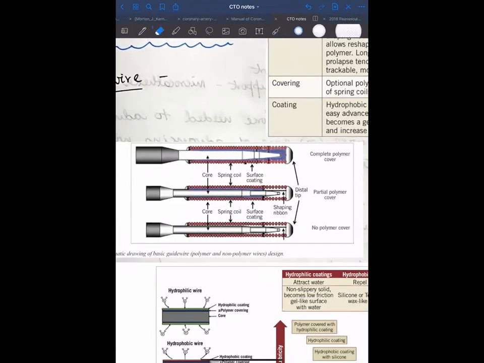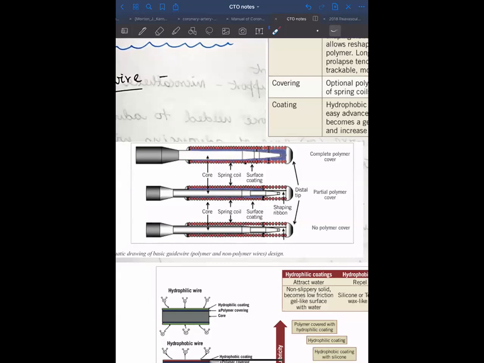So this is the core of a guide wire. The core of the guide wire is usually made up of stainless steel or a metal substance, which is usually stiff and it tapers at the end. Depending on how rapidly it tapers, or how much till the end the stiff part comes in, the strength and the pushability of the guide wire depend upon it. And we can see this blue substance inside. I'm sure you'll be able to see this. That is basically the polymer cover on the guide wire.